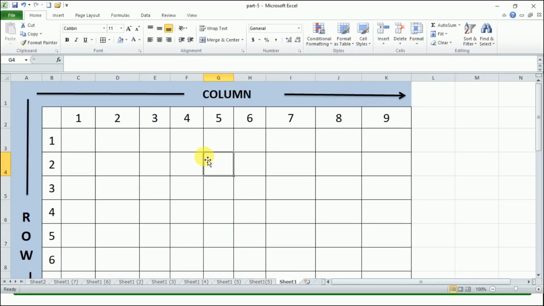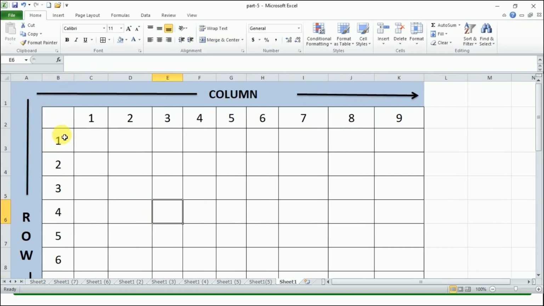Now students, let's understand how mixed cell referencing works, right? Now you see, this is my first row in which I have written columns, and this is my first column in which I have written rows, right? So this is not included in the formula.